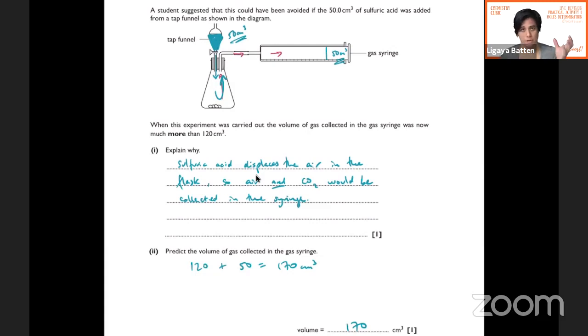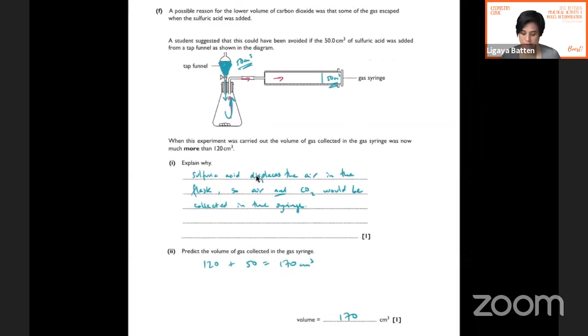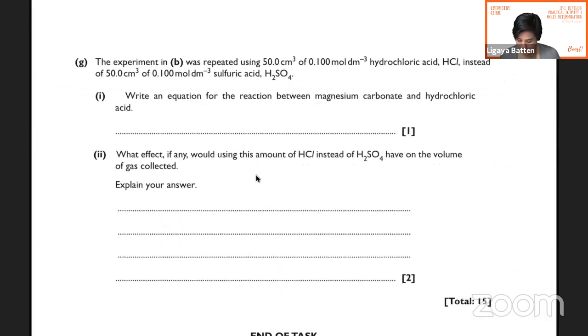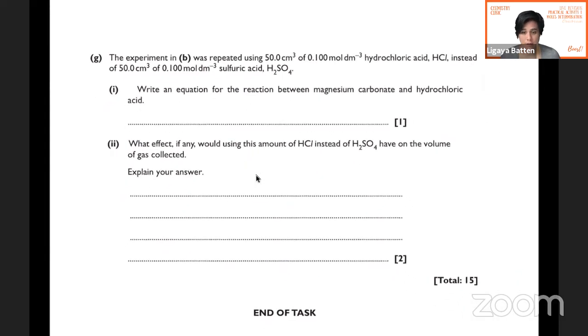Just making sure that you add the bung quickly enough before the reaction starts and making sure there aren't any leaks in that gas syringe apparatus. Okay, and then a final question relating to this